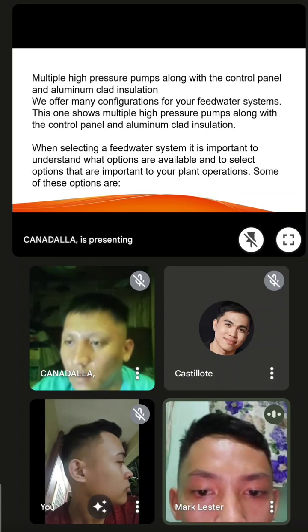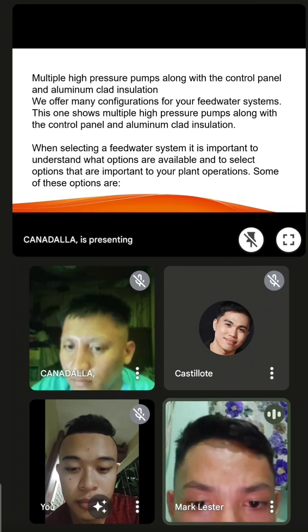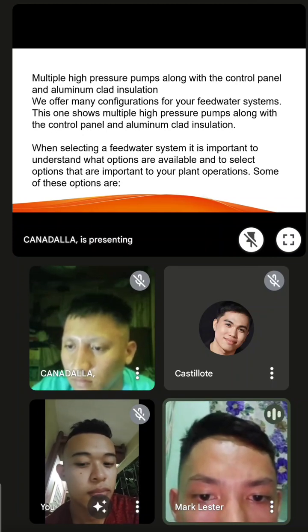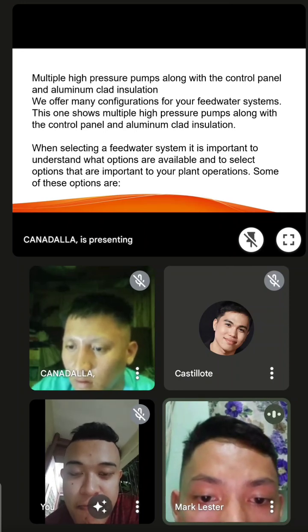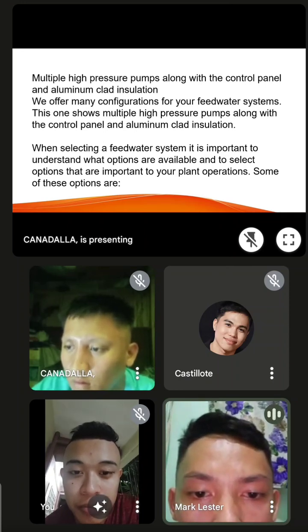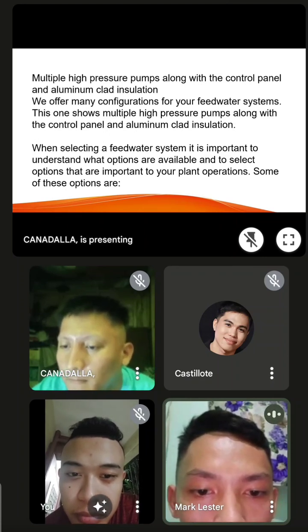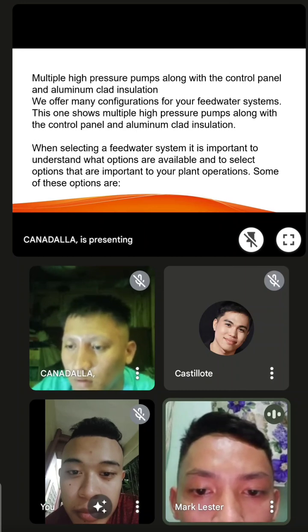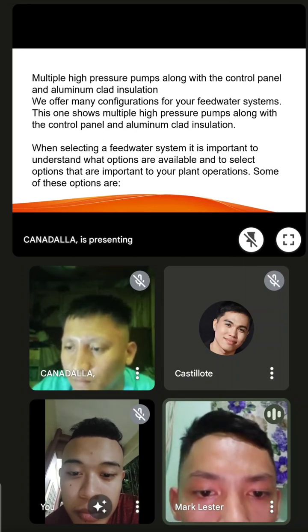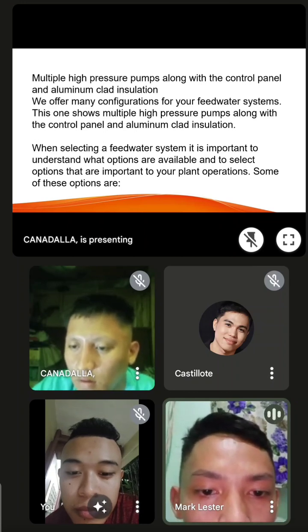Multiple high pressure pumps along with a control panel and aluminum clad insulation. We offer many configurations for your feedwater system. This one shows multiple high pressure pumps along with a control panel and aluminum clad insulation. When selecting a feedwater system, it is important to understand what options are available and to select options that are important to your plant operation. Some of these options are